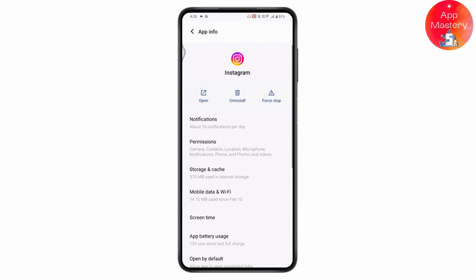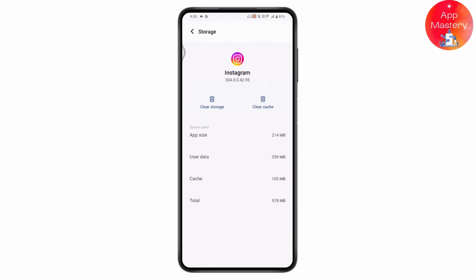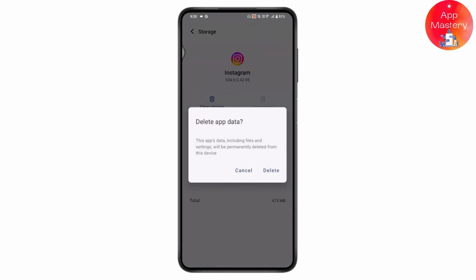So once you've found the Instagram, tap on the Instagram on your settings and go for the storage and cache option, and under that you need to clear your cache, and the main thing you need to do is clear your storage. So once you tap on clear storage, you can tap on delete and clear your storage. Once you clear your storage, you will remove the Meta AI from your